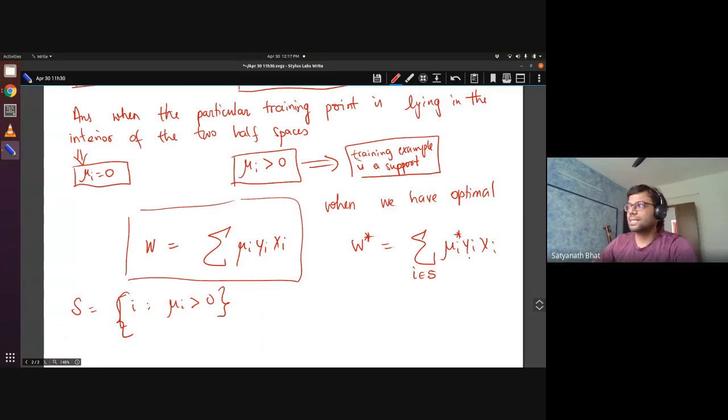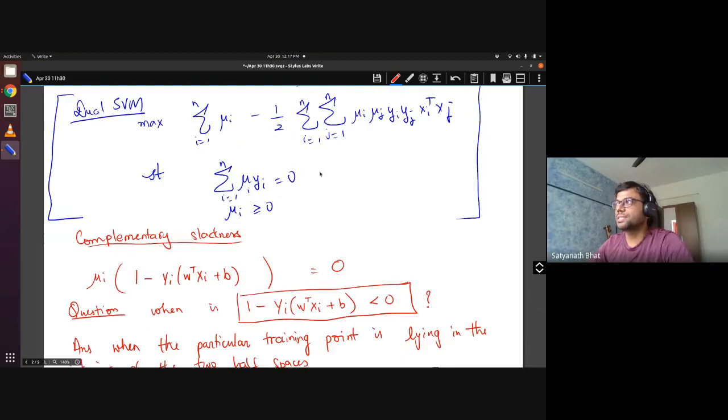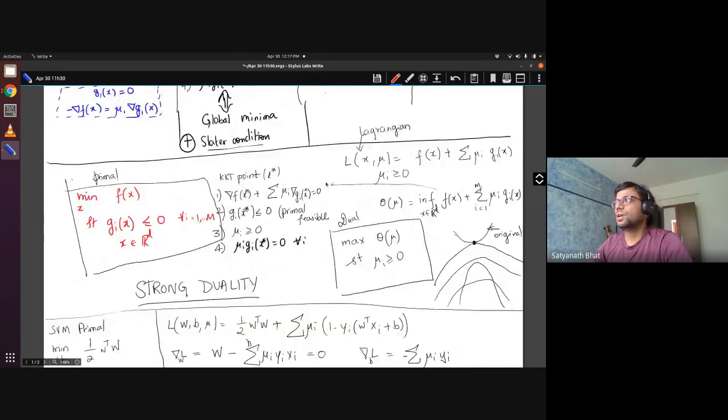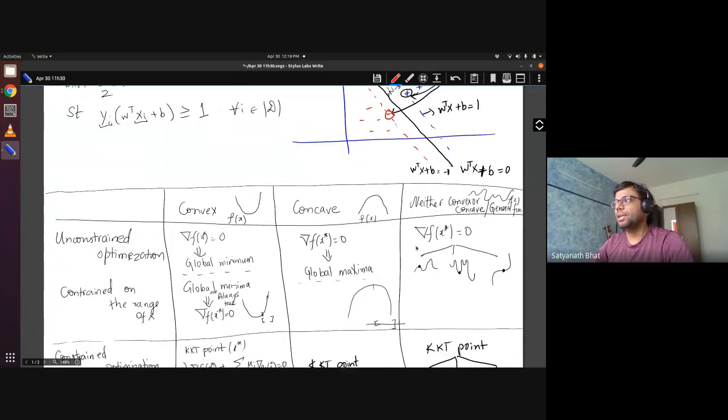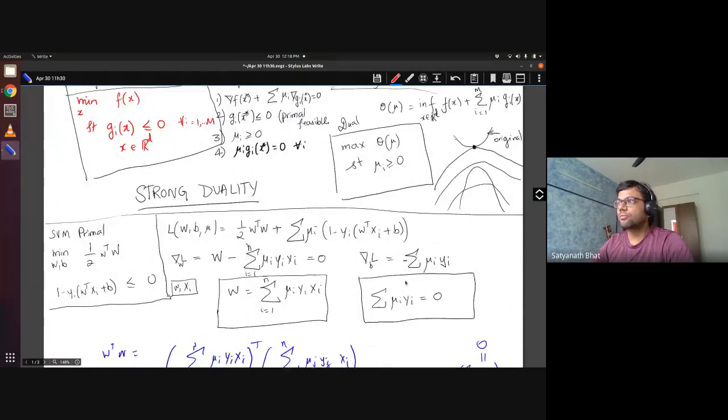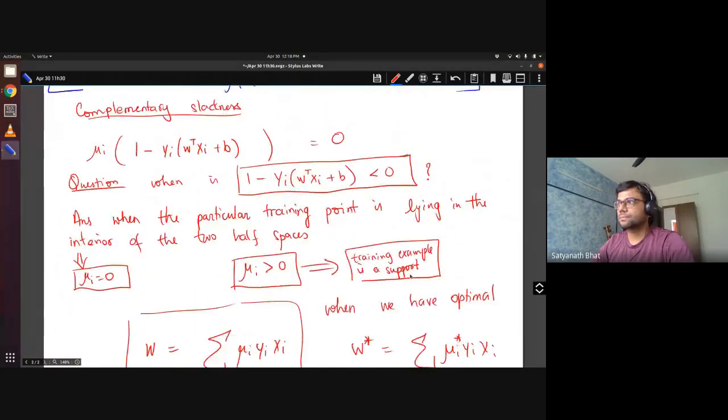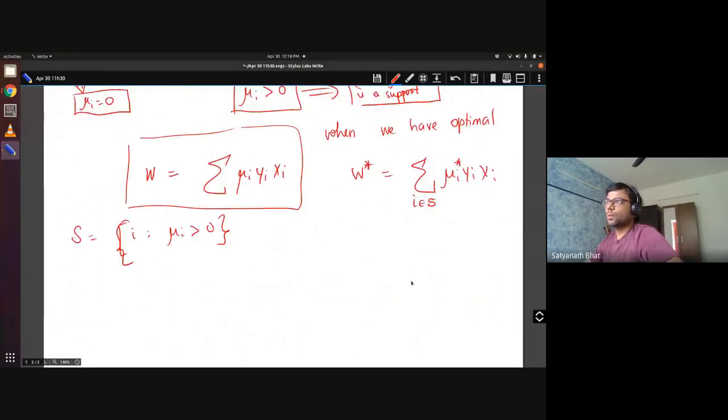So what are the xi's? The xi's are these points. So if you come back to the original picture, I am able to get my entire separator just based on these 2 points, right? Just based on these 2 points, I can get w. Similarly, I can get b also. So let us do that. So how do we get b?